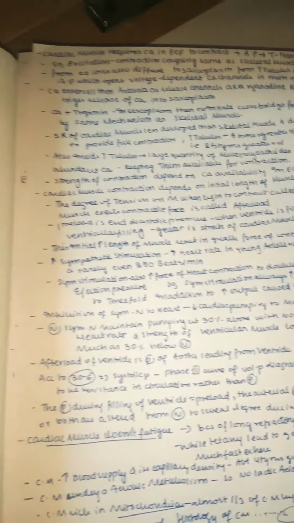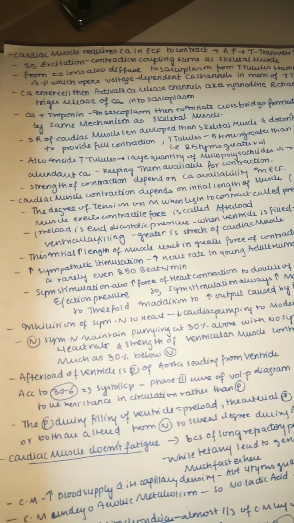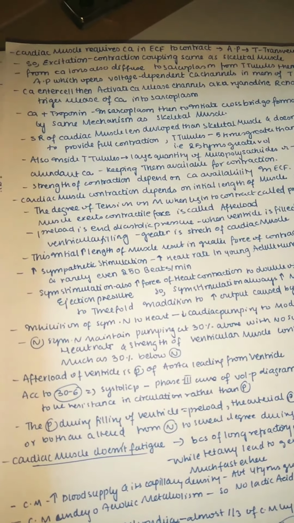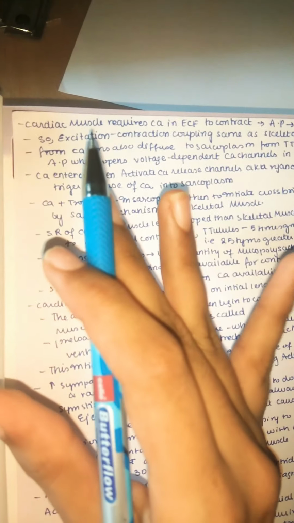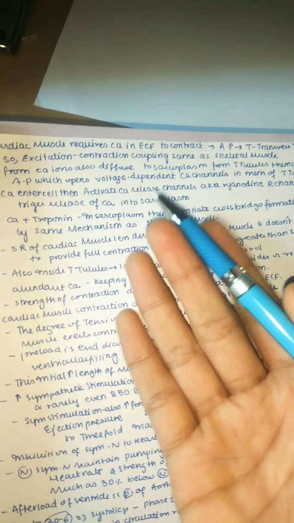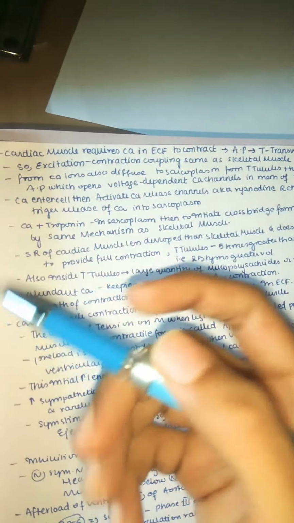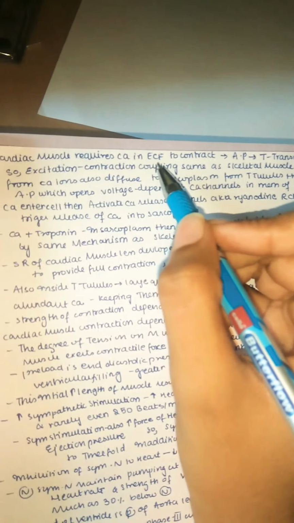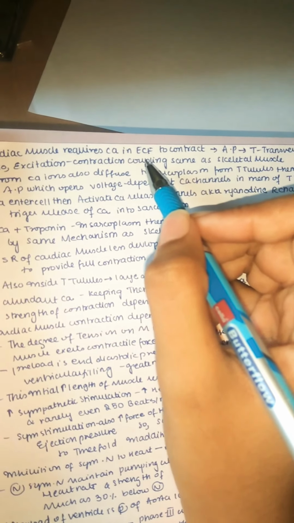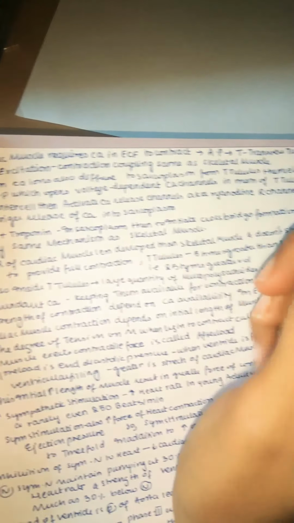So now we are moving on to the end of our video, the last part. Interesting. So the cardiac muscle mainly requires calcium to be present in the extracellular fluid, mainly to help in contraction. Calcium is actually more in extracellular fluid. So for the contraction of cardiac muscle, even like a skeletal muscle, it needs calcium. Calcium is more in extracellular fluid when compared with intracellular fluid. Even in the intracellular fluid, especially in the sarcoplasm, we have calcium loaded.